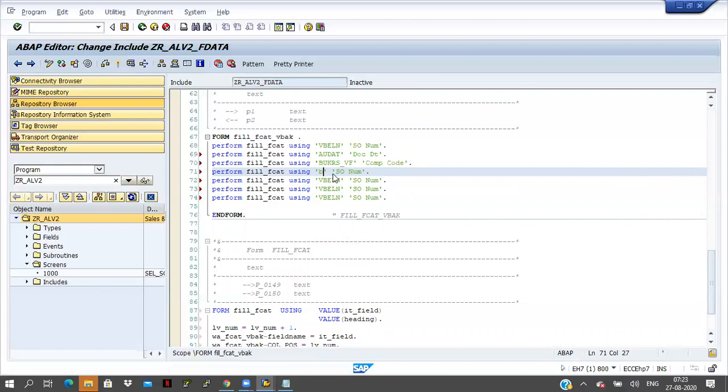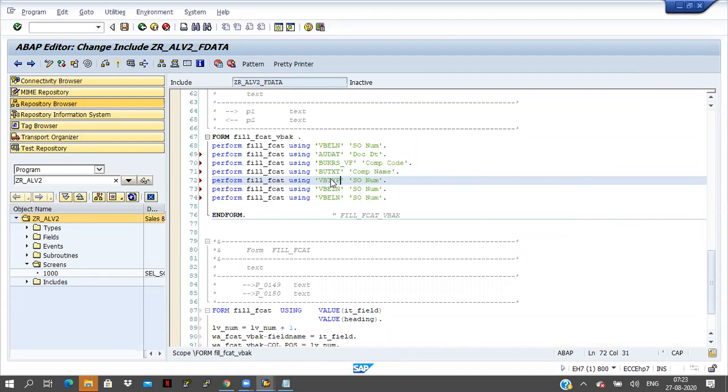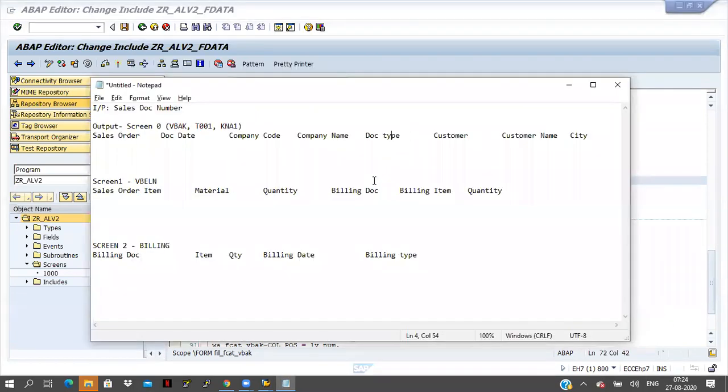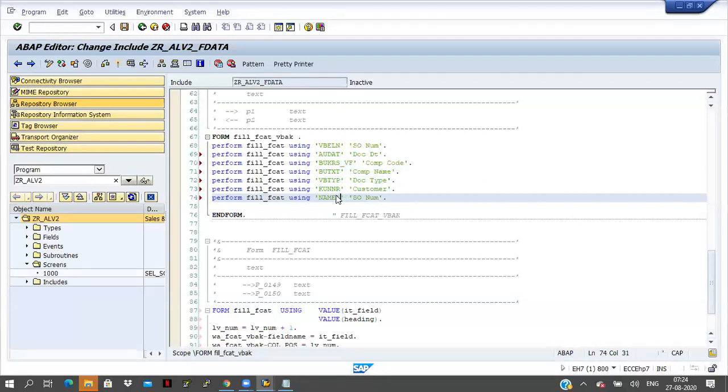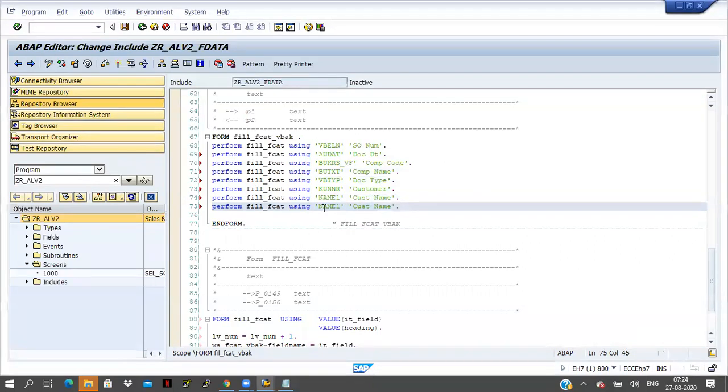Company name is a BUTXT. Next one, document type. Document type, customer name.